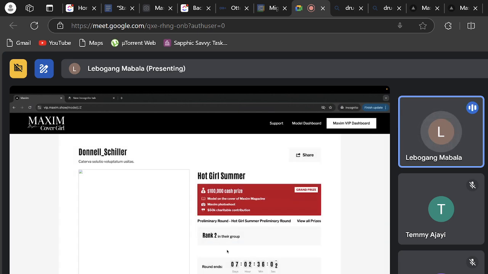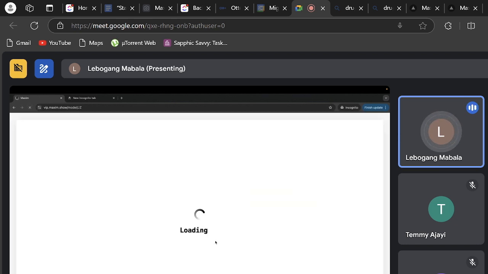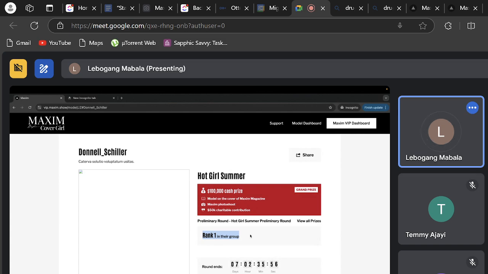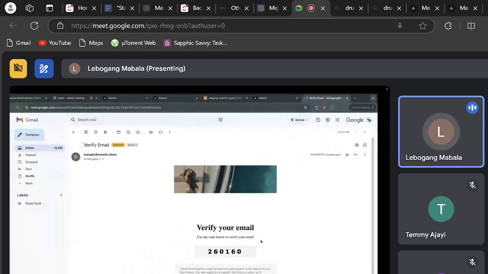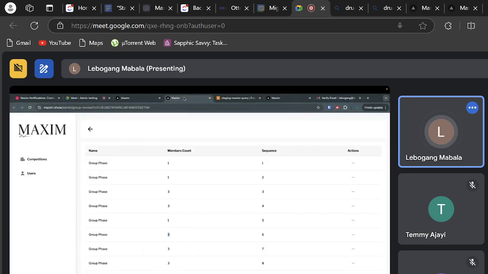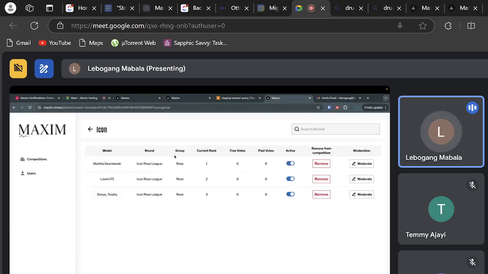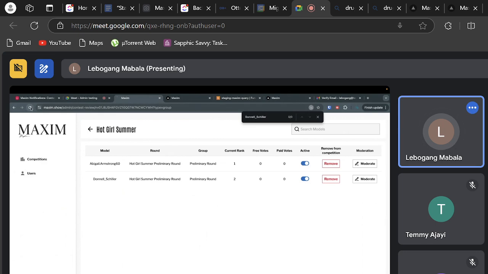Cool. So now you see, this person now has a vote, right? So you should see the rank should now change to 1. You see that the rank changed to 1, and same thing here. They should move up because this is ordered by the ranking, and it will show you free votes, and it shows you both. So if you buy, you should see this change as well, right?